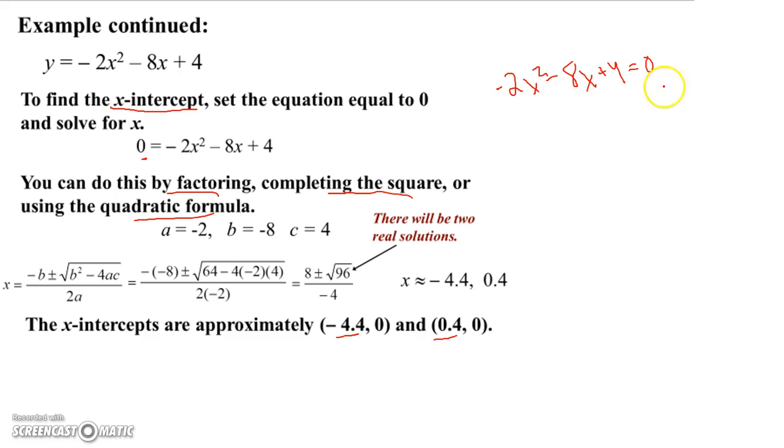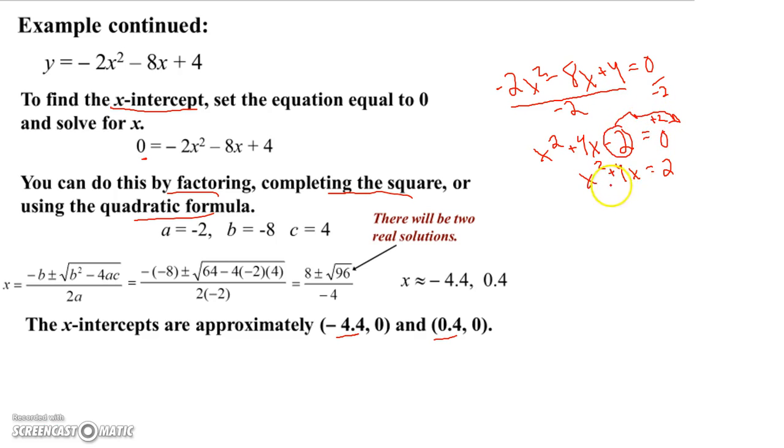I would probably look at this equation and think, quadratic, I can do that, but is there a better way? Maybe. And I would say, what if I try completing the square? What if I divide everything by minus 2 to get that x squared as a plus 1 coefficient? So I'm going to have x squared plus 4x minus 2 equals 0. Now I can complete the square. I want to move this constant to the other side. Right, move that